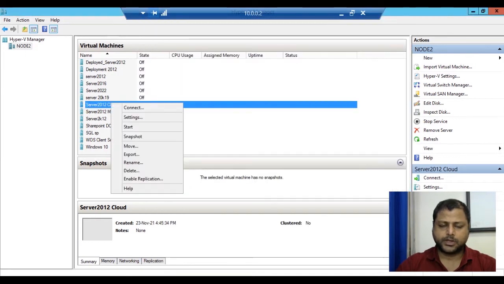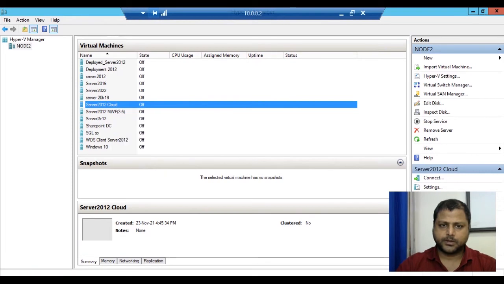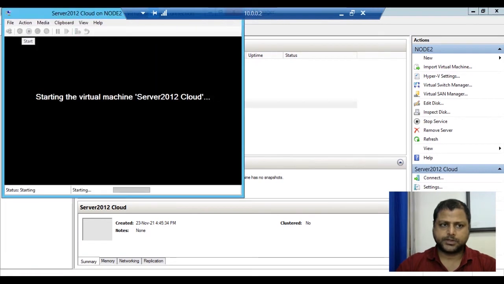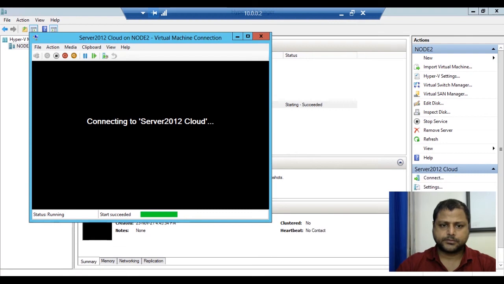Now we'll start our system, the cloud system which is in the domain environment, and we'll configure it as an SMB share.